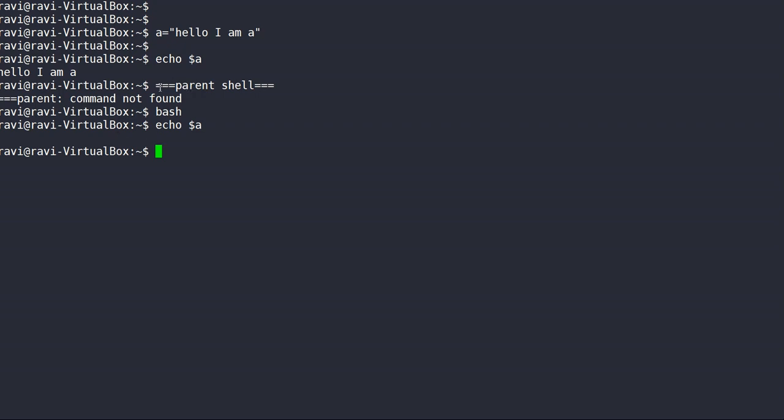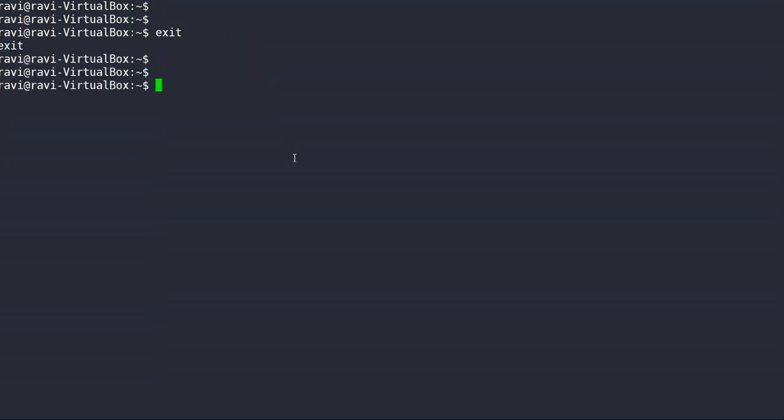So this is my child shell, and the parent and child shell have their own different variables and different shell IDs. By default, the variables we have defined in the parent shell will not be passed to the child shell. But my requirement is, if I define some variable at the parent, then it should pass to the child. This is possible by the export command. Let me show you one example.